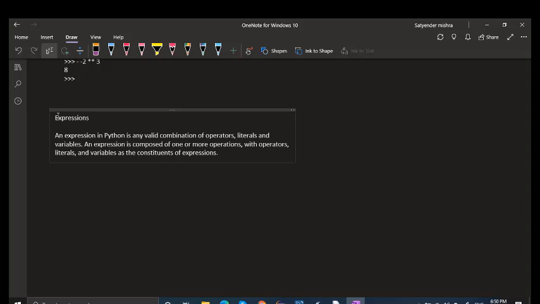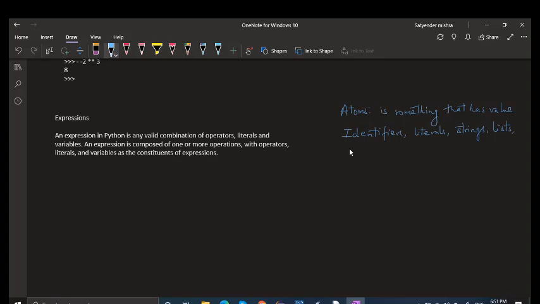There is a concept called atom. So what is an atom? An atom is something that has identifiers, literals, strings, lists, tuples, sets, dictionaries, etc. These are all atoms.